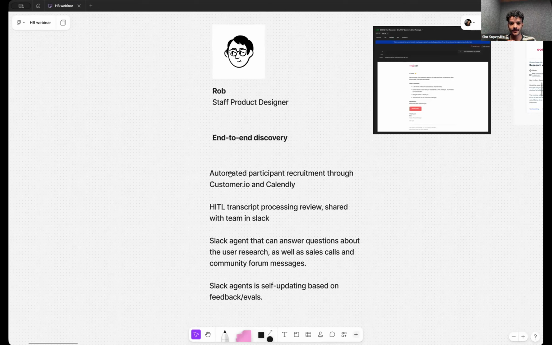I get feedback on my interview technique by this AI. And then it goes into a shared Slack channel that anyone can look at to get insights passively, because as n8n we work quite async due to our remote nature, and so it's good to have that information in there. And at the end, we have an agent that you can interrogate the user research information,